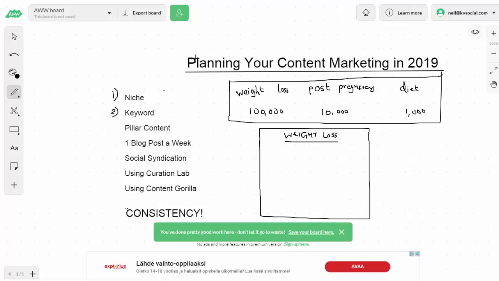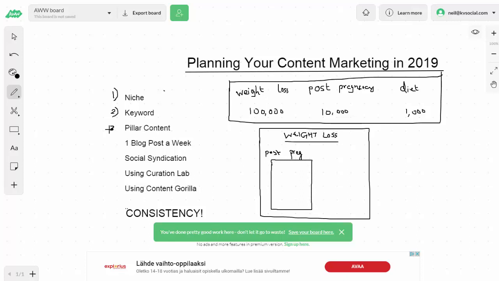Don't worry about that. Instead, within the blog itself, one of your categories would be weight loss post-pregnancy, or just post-pregnancy in that case. Right? So post-pregnancy. This will be one of your categories. And this category is going to have a minimum of 1 pillar post. Now let's talk about exactly what a pillar post is.